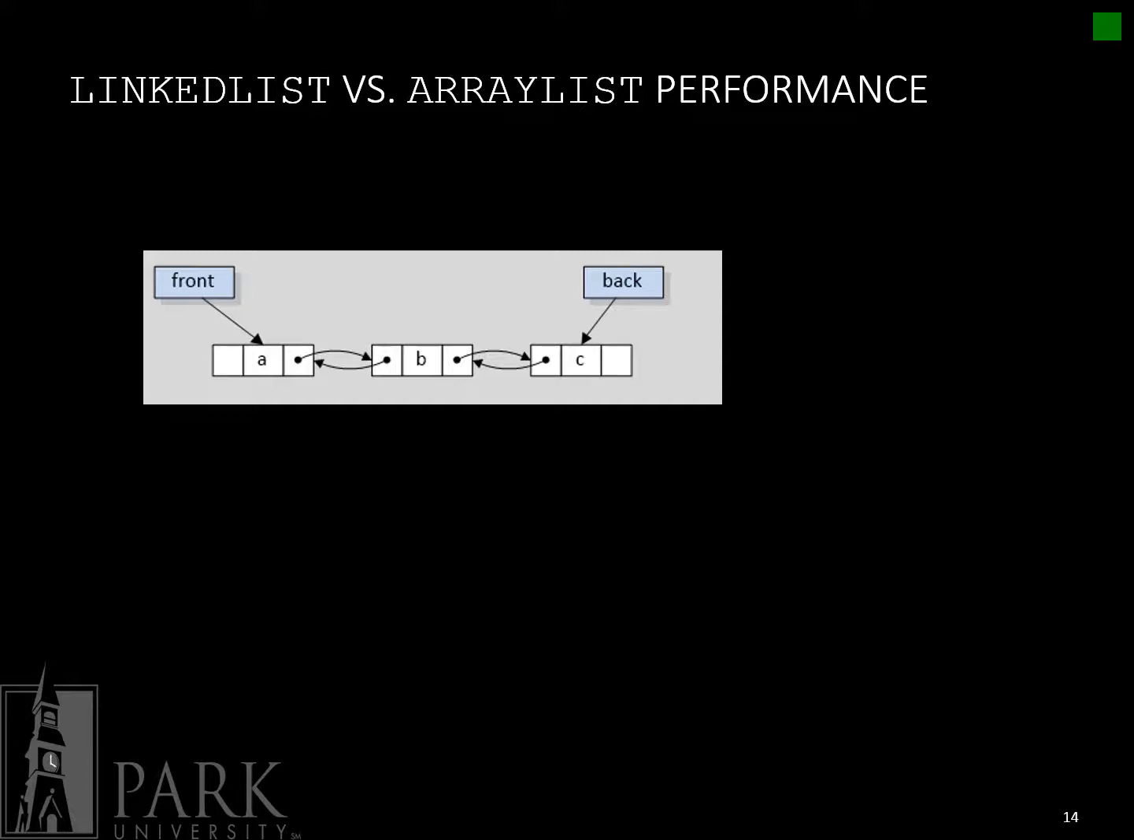Once an element has been found, it's easier to remove it from a linked list because we just have to change a pair of references than it is from an array list where we have to shift all the elements to a lower array index. However, finding an indexed element is much slower in a linked list than an array list because instead of jumping